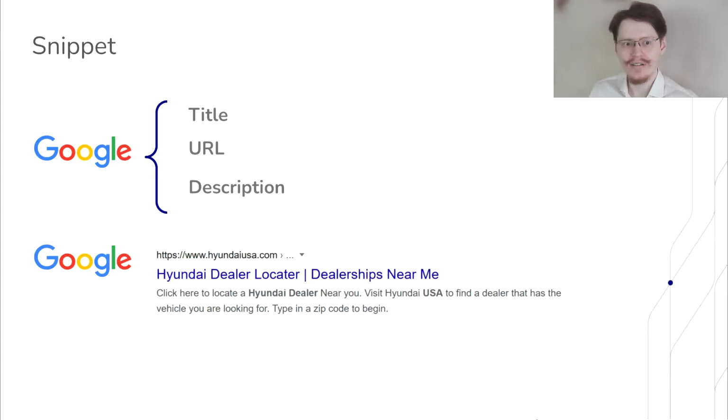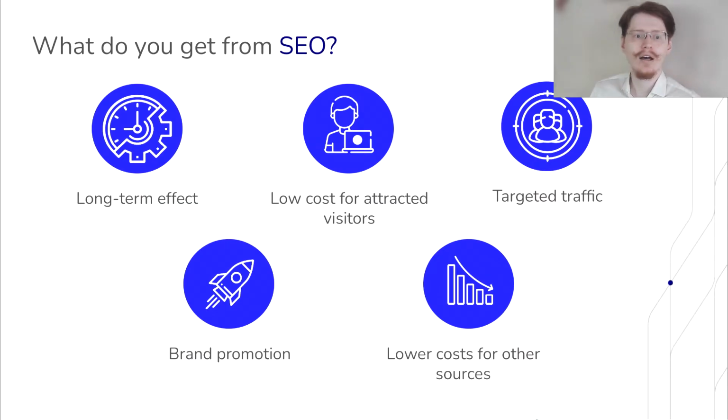Each website consists of a snippet. A snippet is this specific thing that appears on the Google result page. It consists of title, URL, and description. Those things will be relevant and important. We can customize them, so your snippet will be the prettiest, so it will appear very, very pretty on the main Google page.